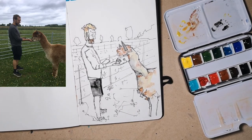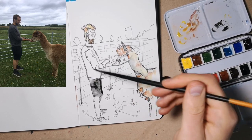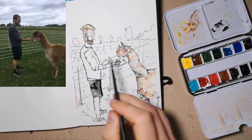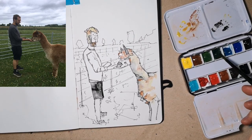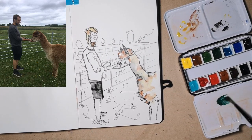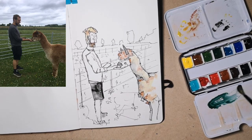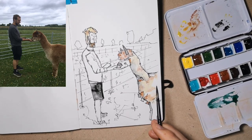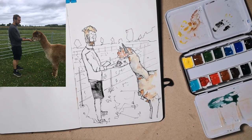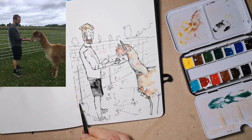Now we should do some bits of green, I feel. I'm going to leave me alone for a little bit and just see what turns out. I'm going to pop a sort of vivid green I've got here. This is Cascade Green. I haven't decided what I'm going to do with it actually. I think let's start in the foreground